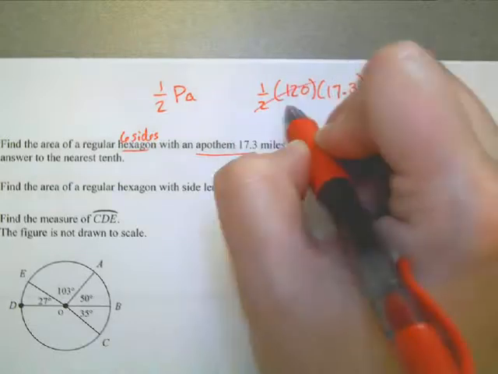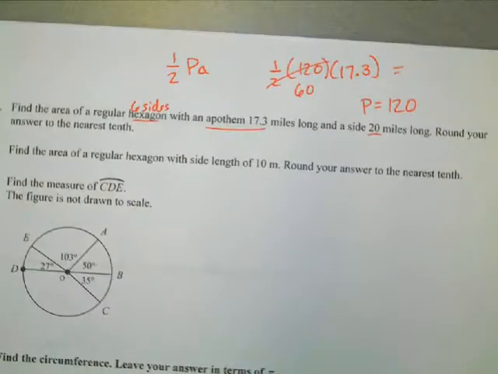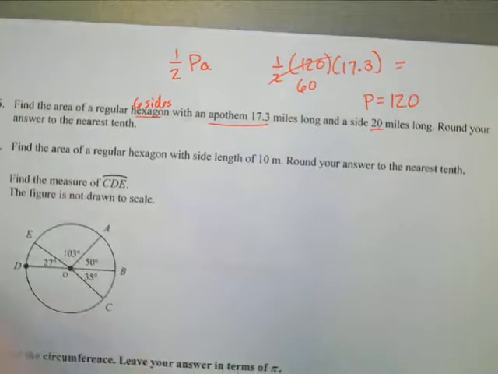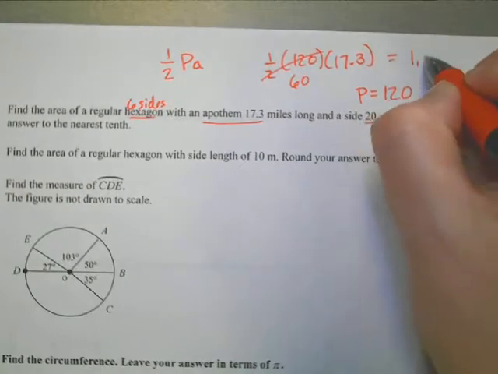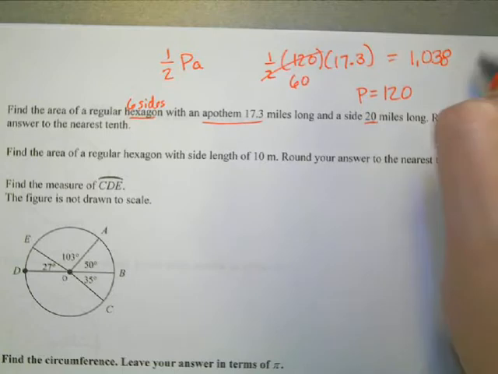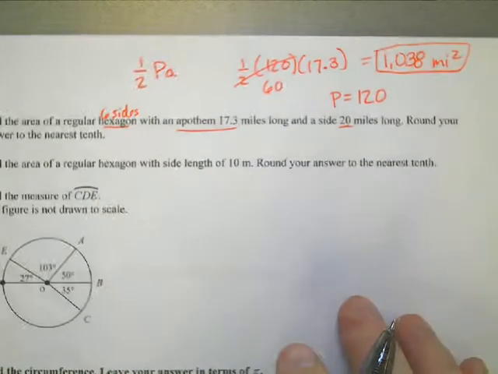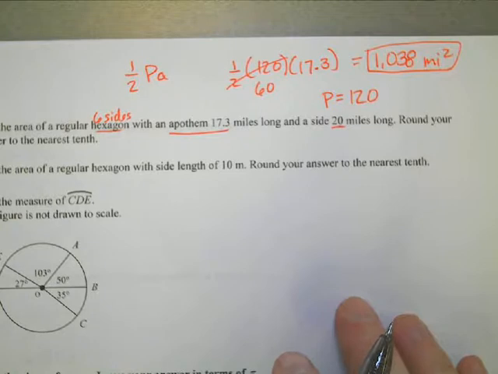times 17.3, which gives me 1,038 miles squared. Area of my regular hexagon. There you go. If this problem is on the test, the numbers will be different, so please make sure you understand the process. Okay? And then 77 wants the area of a regular hexagon, and again they give you the